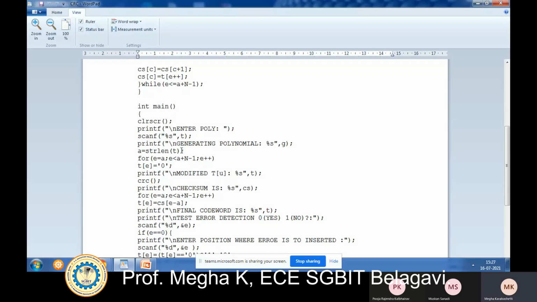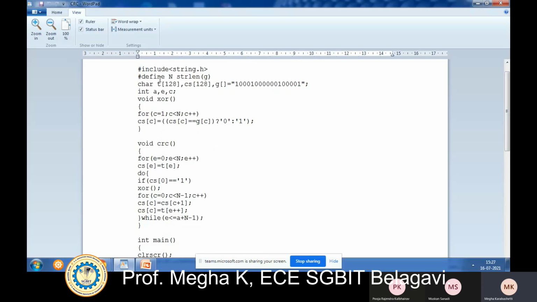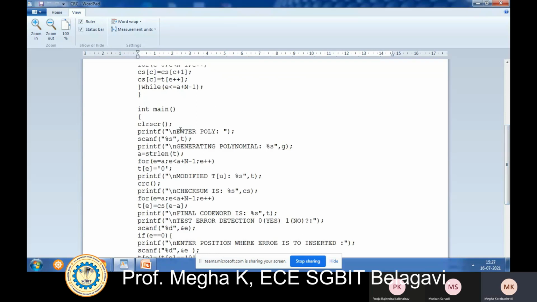Now in the next step I need to append zeros. How many zeros are to be appended? I have taken the length of G as n: define n as string length of G. If G has length n, then n minus 1 zeros are to be appended to the data word.